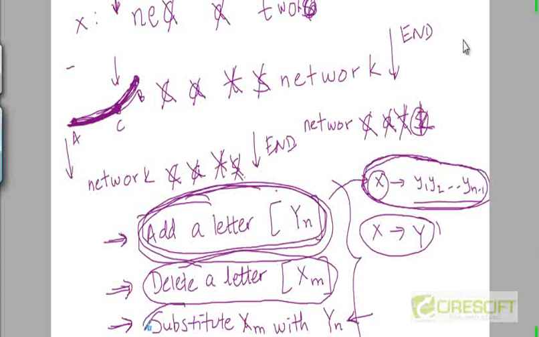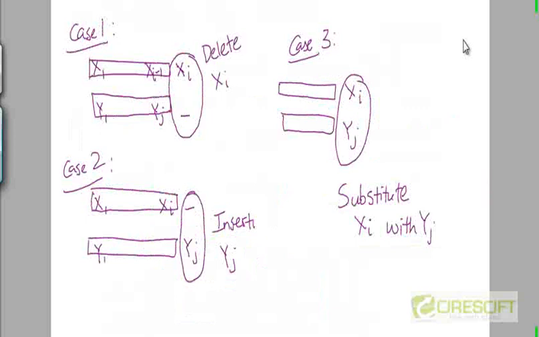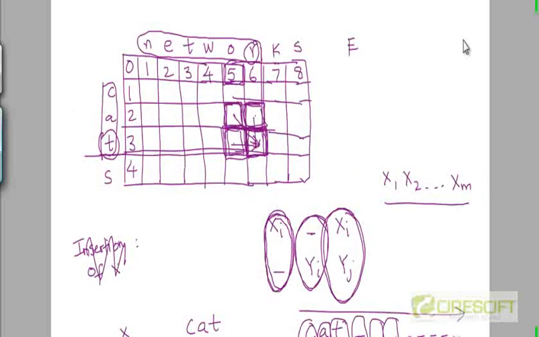And if the last operation was to substitute x sub m with y sub n, then excluding this operation, we should have done everything up till that point in the best possible way. So that is how we end up with this equation,